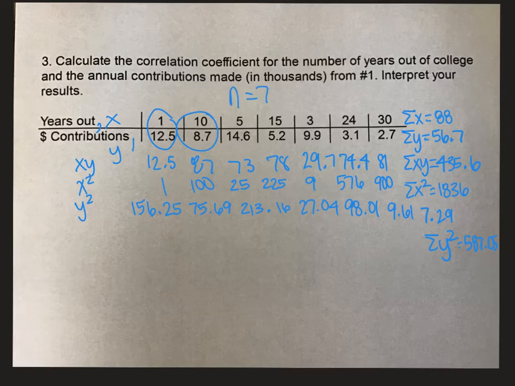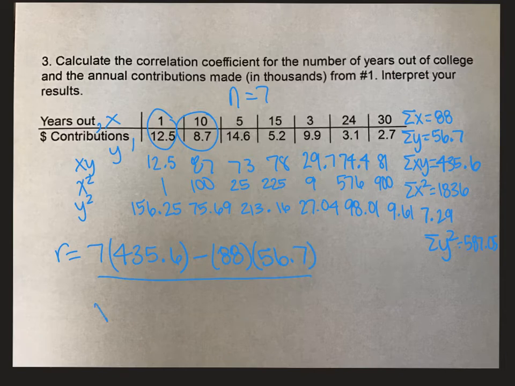So when we plug in for r, it's n times the sum of xy, which was 435.6, minus the sum of x times the sum of y,